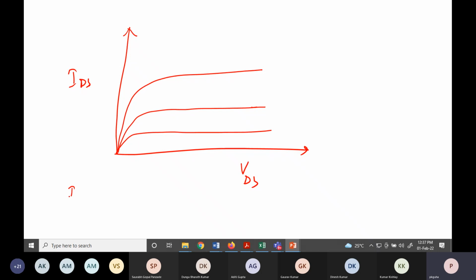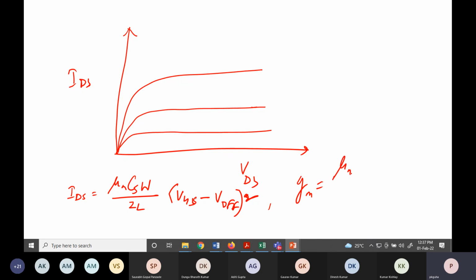Here also IDS is equal to mu n CS W over 2L times (VGS minus V of) whole square. Same as MOSFET, similar, right? And the corresponding GM,